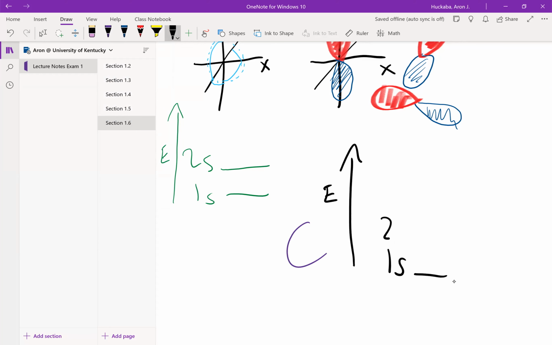So 1s, 2s, and 2p orbitals. There are 3 of the 2p orbitals, and carbon has 6 electrons, 2 in the first shell and 4 in the second. So we would use the 3 rules, which are the Aufbau principle, saying that the lowest energy level